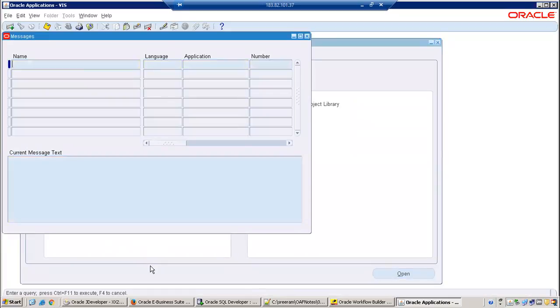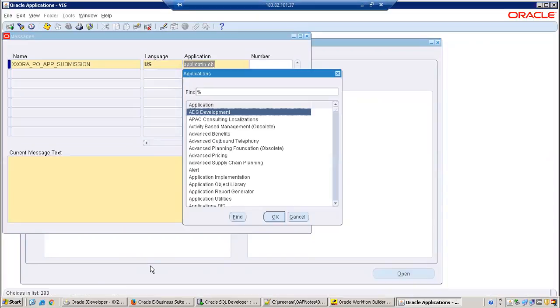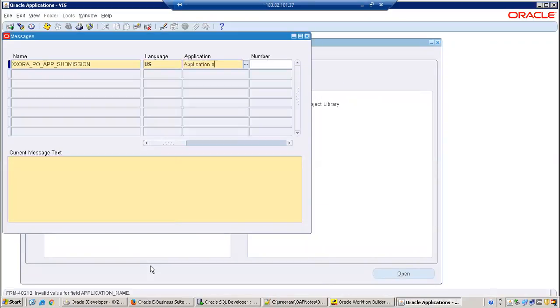Application messages, XX PO approval submission. Okay. Assume this is my message.